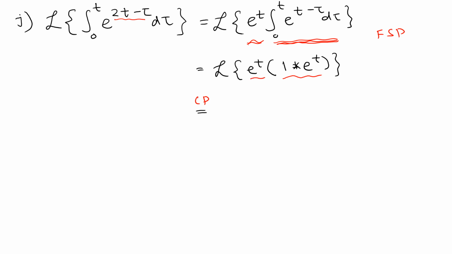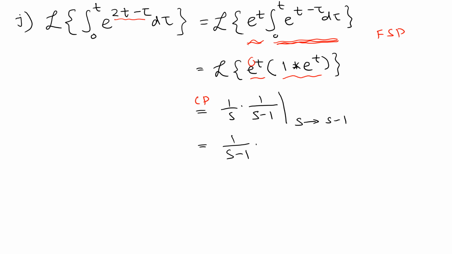So let's find the Laplace transform of the second function, which is 1 over s times 1 over s minus 1. And then using the first shifting property, you replace s with s minus 1, because we have an e to the t in front. So s becomes s minus 1,